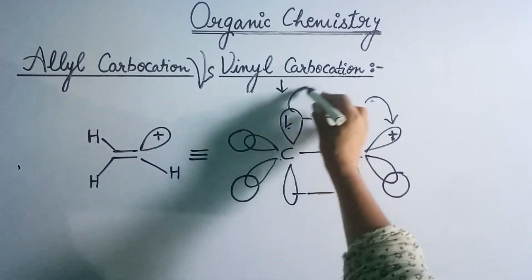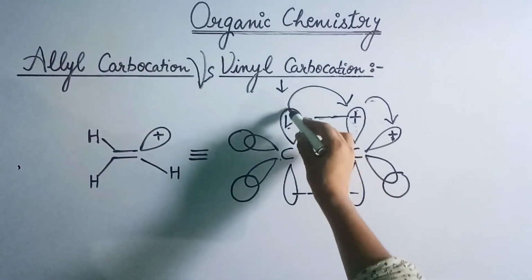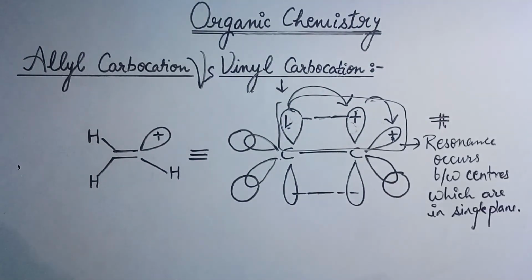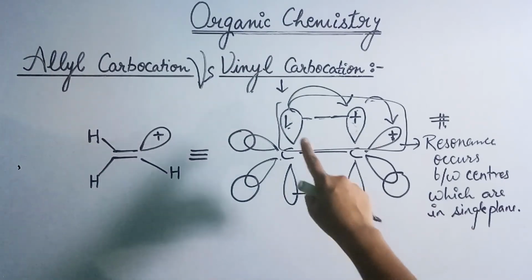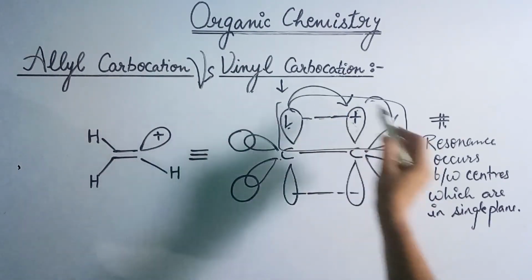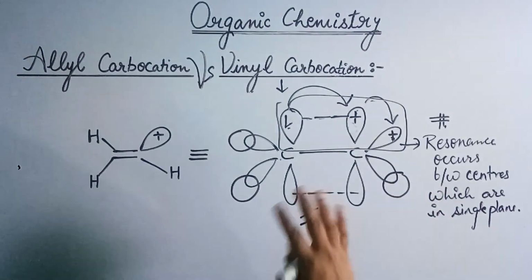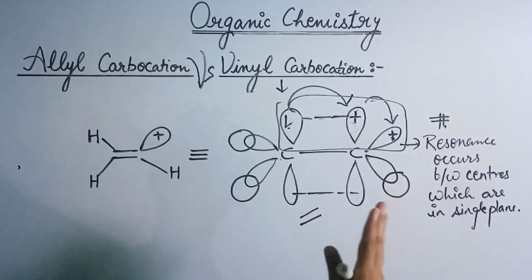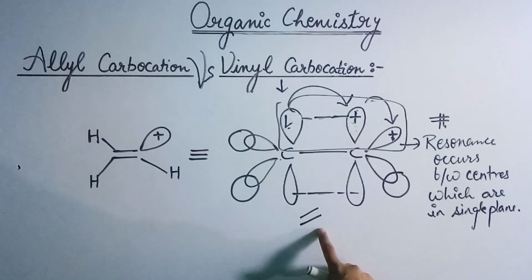Now if you think that this electron will cover this place, then this is not going to happen, because these three are not in a single plane. Because resonance occurs between centers which are in a single plane. So for this to happen, these three must be in a single plane, but this is not so. Therefore the vinyl carbocation is less stable,